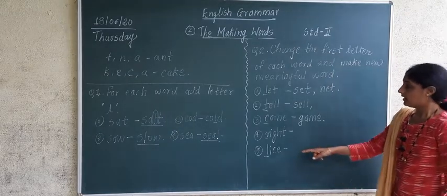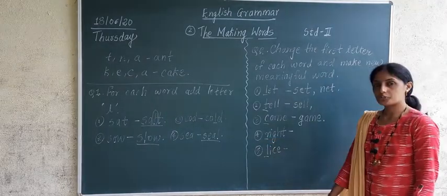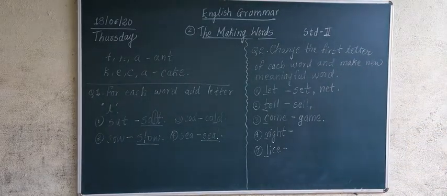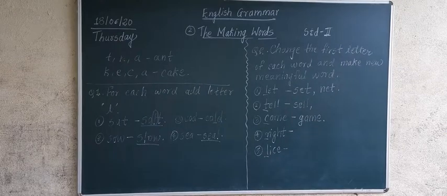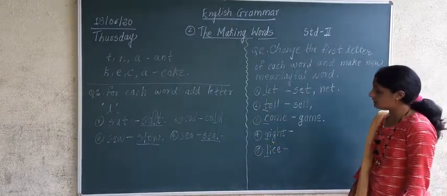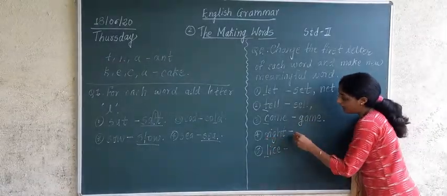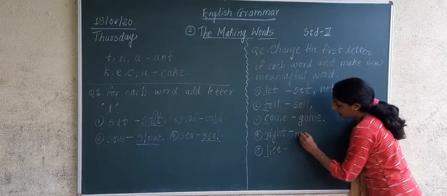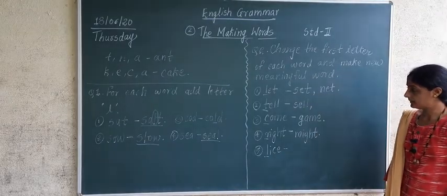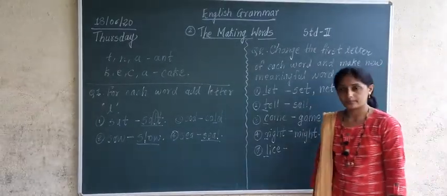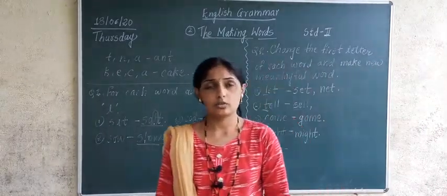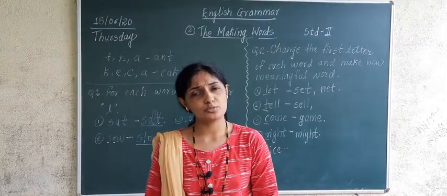I think yes. Now write R-I-G-H-T, right. Now I want to change R. Instead of the letter R, I have to add another letter over here. Which word will suit over there? If instead of R I write M, it will become M-I-G-H-T, might. Right? Yes or no? We say your answer is right. Or then correct, your answer is right. You are the right person to be chosen.